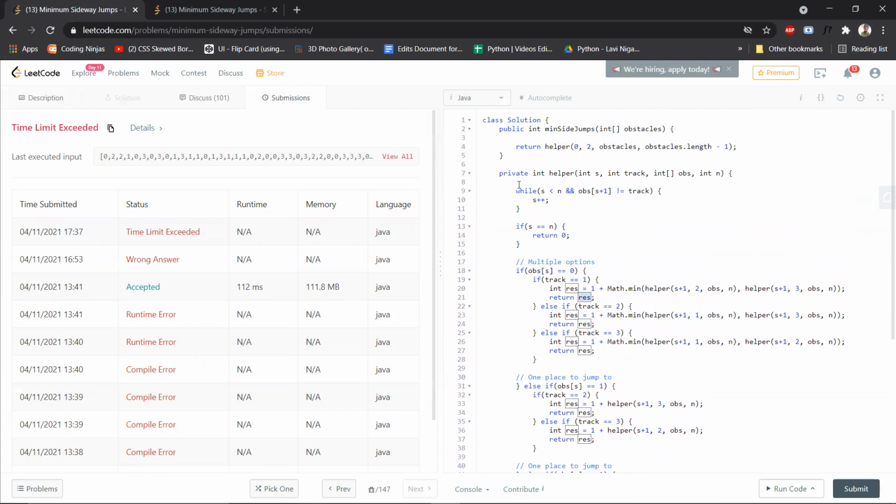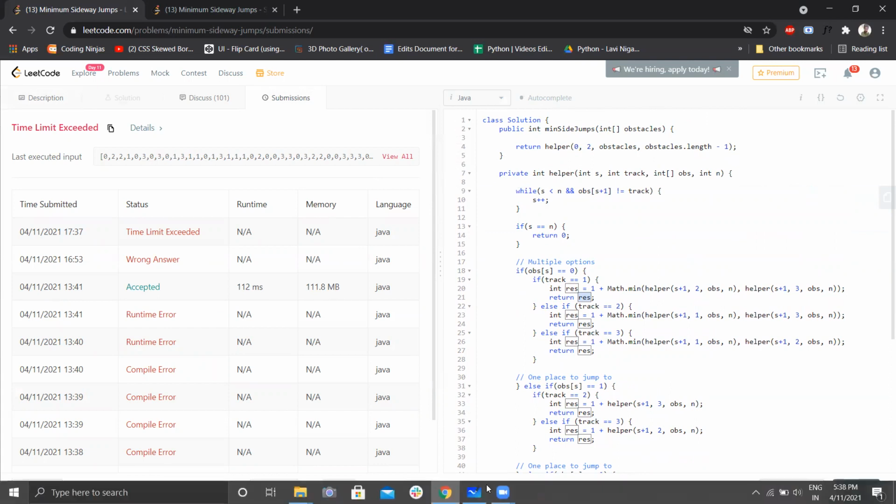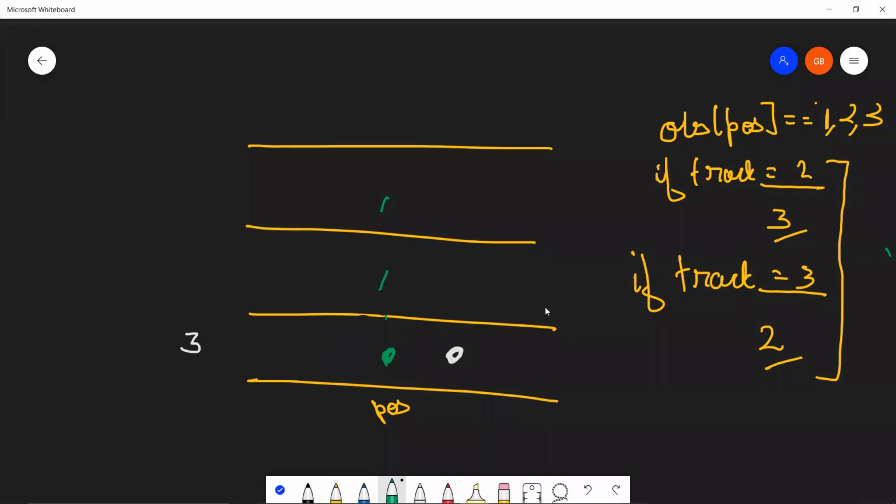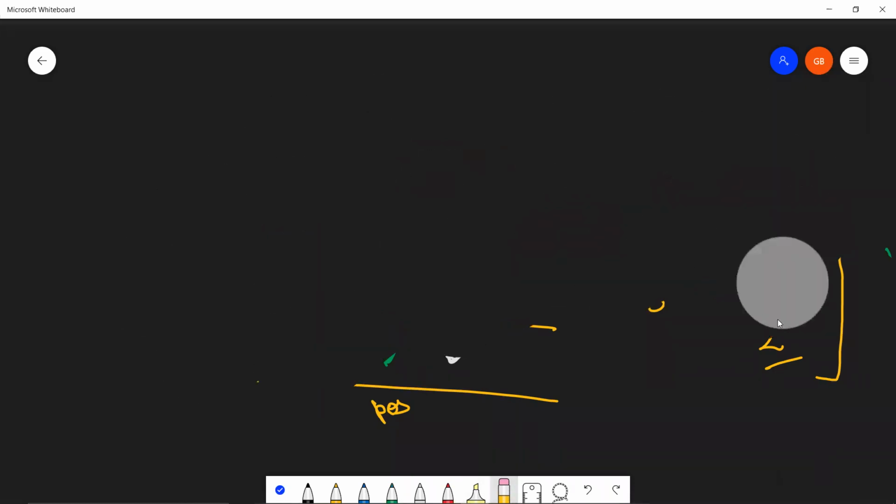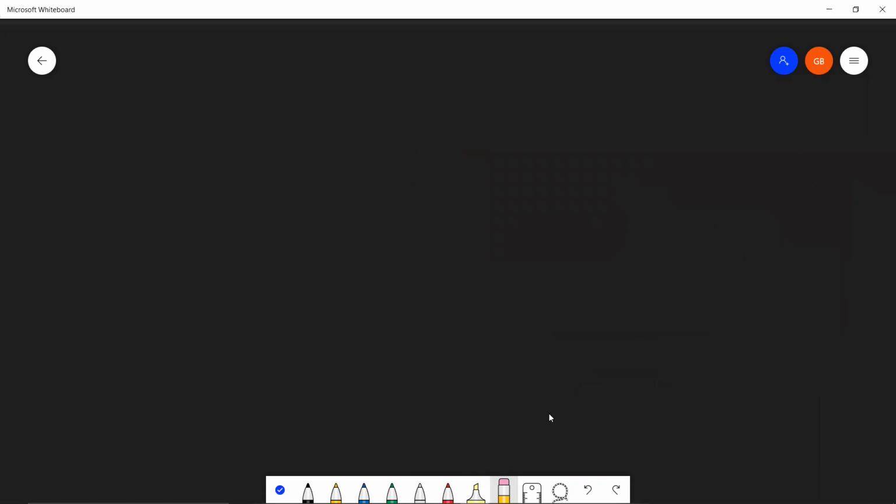So let's understand what we need to do to create this DP. Let me go on the whiteboard to explain the DP's process. In the beginning of this explanation, I mentioned that you need two variables to keep track of your frog. What were those variables? Those variables were position and track. At any given track or position, you'll have some value that your function returns. Let's say that value is X. If you have already computed this value, you do not need to compute it again. We can simply store it in a DP.